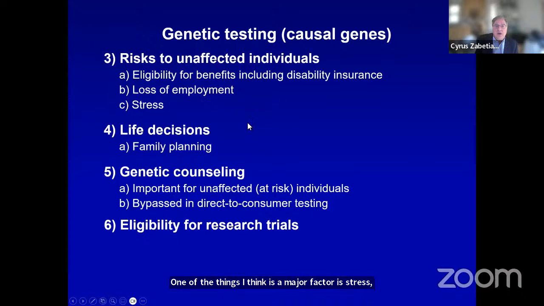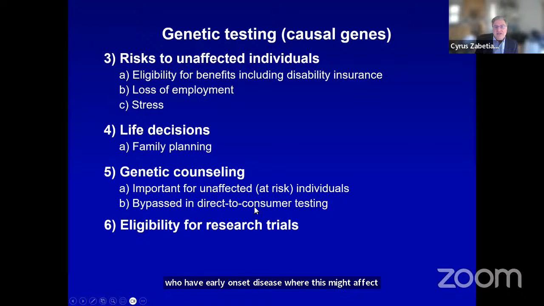And some people really want to know the answers. They don't like to have uncertainty. The problem, of course, is that even if they test positive for some of these mutations, it doesn't tell them that they're going to get the disease. It just informs them about risk. Family planning, life decisions. Usually when patients are manifesting with Parkinson's disease, they have already had families, but there are occasionally people who have early onset disease where this might affect these decisions.